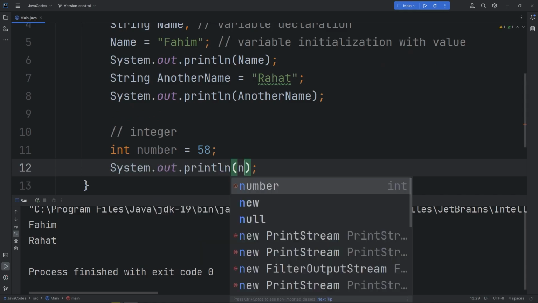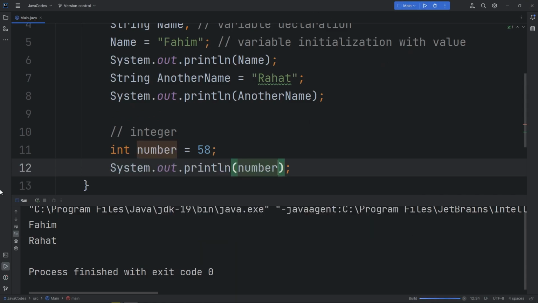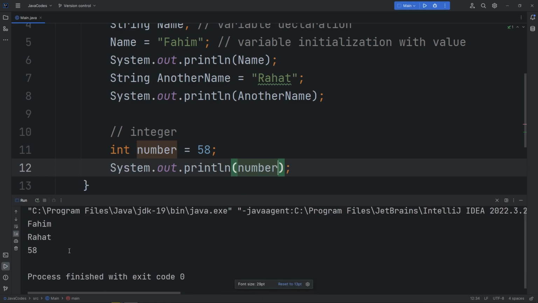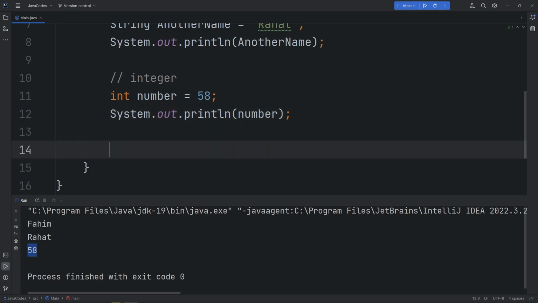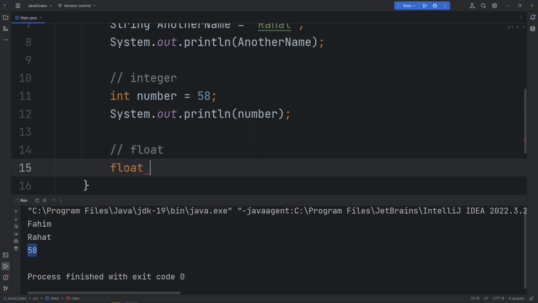Now if I simply print the variable's value, you see I'm getting the output, right? Now as I have told you that in integer we don't use any fractional number, so the question might come into your mind that what we would do if we want to work with fractional value. Well, we have float for that. Let's say I'm gonna declare a float number. Let's say I'm gonna name it fractional value equal to, let's say, 58.98. All right,